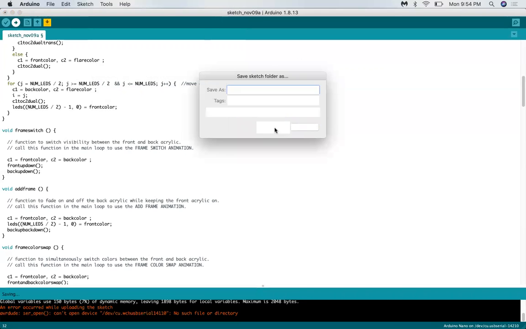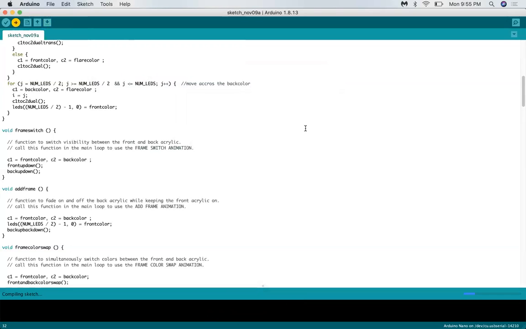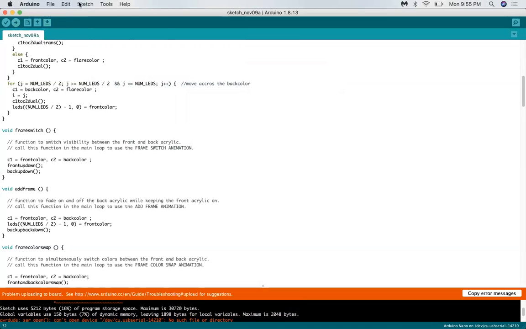And it's going to ask me to save again. Make sure you're saving your work. Okay, so it's telling me that it still can't talk to the Arduino. What's going on? Well, sometimes, especially if you're on a Mac computer, you have to change the port that your Arduino is plugged into to get it to behave well. So I've just changed my port, and then I'll go ahead and save this time. So it's telling me that it still can't talk to my Arduino,